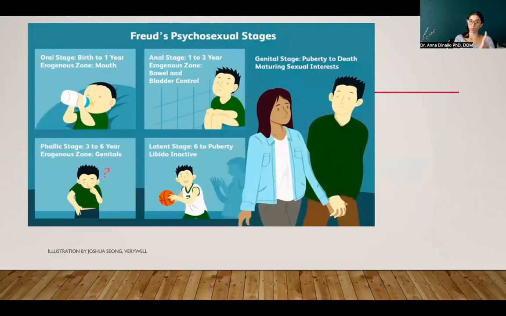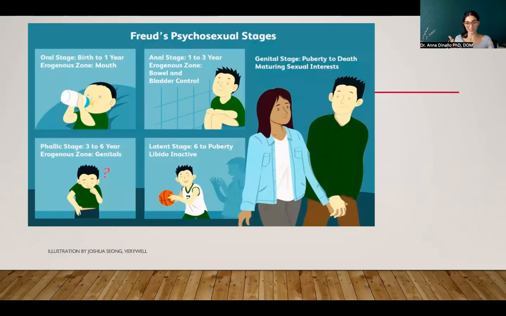And so this can be from 1 year old to 3. And then the phallic stage is where you realize the pleasure principle, really, of, oh my goodness, I have a body, I have pleasure centers throughout related to my genitals. But that still could also include other pleasure centers in the body, such as when you realize you can be tickled in your ribs or your armpits. So this is all kind of part of the genital stage.